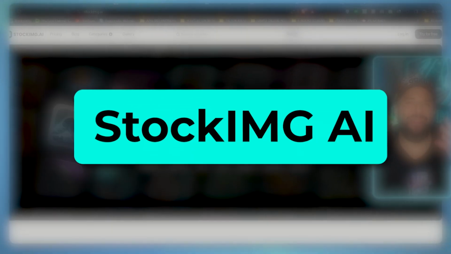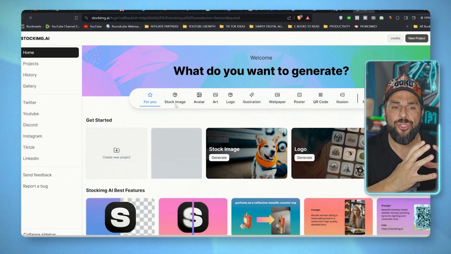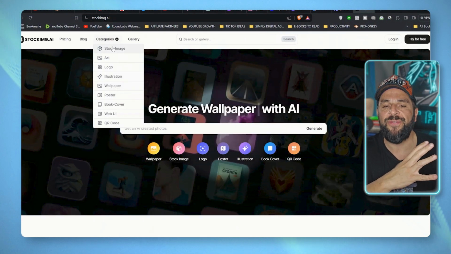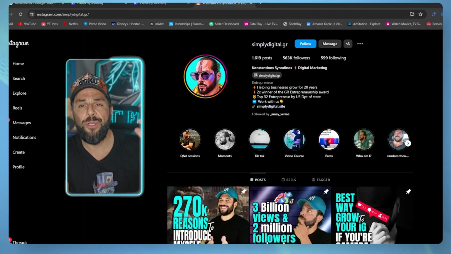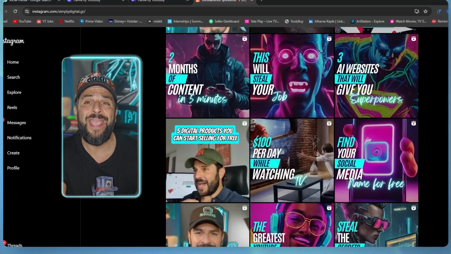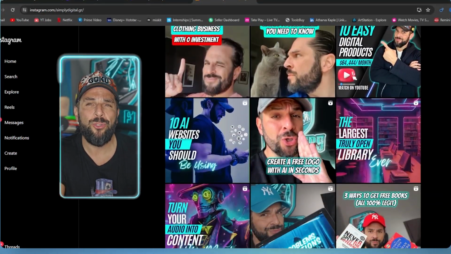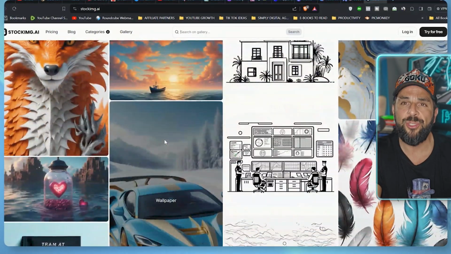Number 6, another amazing design platform where you can generate stock photo collections, like theme collections of AI modified stock photos, because guess what? People don't know how to generate them. If you see my Instagram feed, all the latest photos that you're gonna see in my feed are generated by AI. But guess what? Most people don't know how to do it. So why not pre-create them and offer that to specific types of businesses?